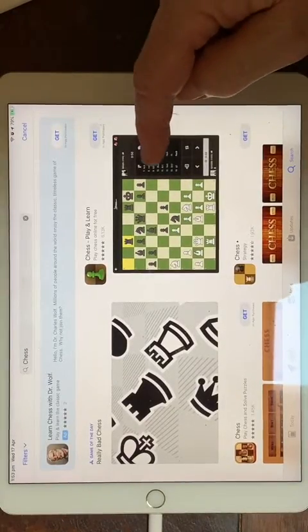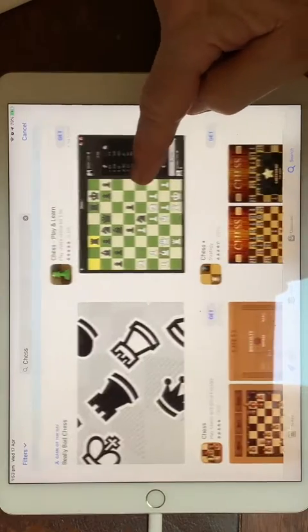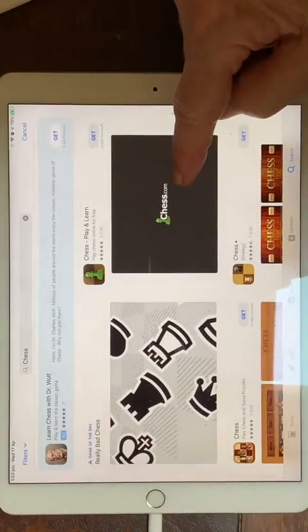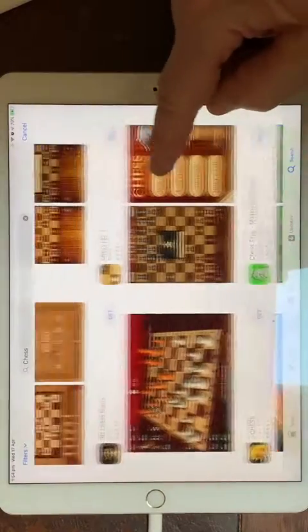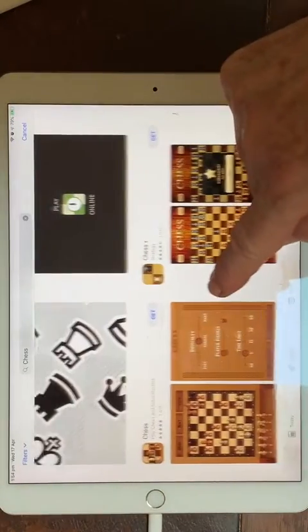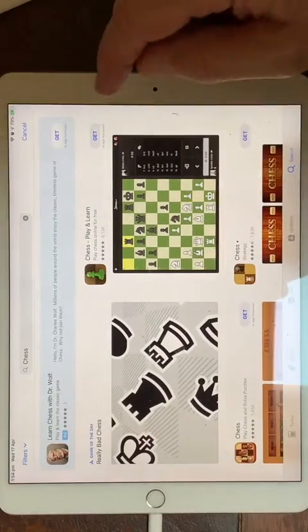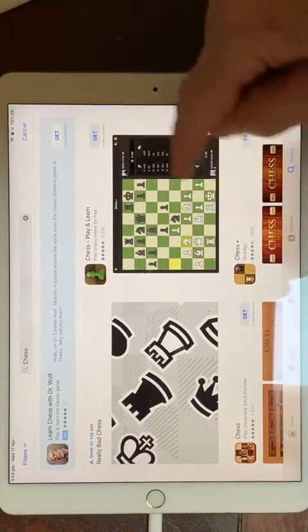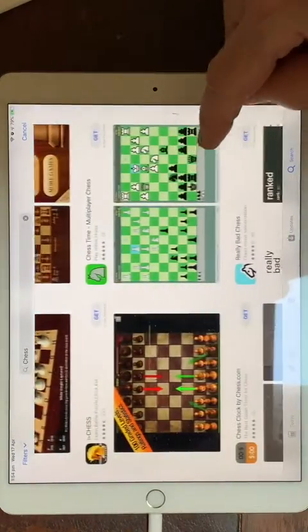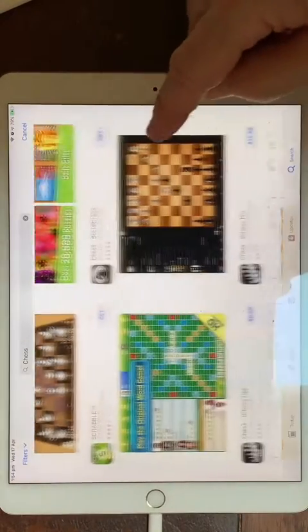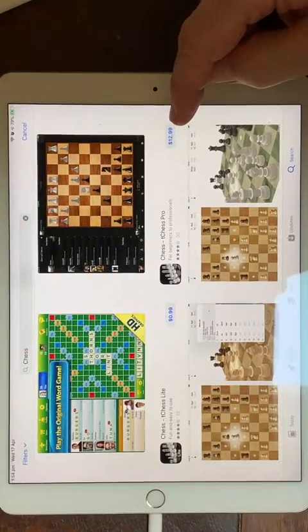And the App Store will then have the most popular or successful apps near the top of the listing. And there will be hundreds of them for a topic like this, like chess. Next to each of the entries, there is either a price listed, as for this one, it's $12.99, or more